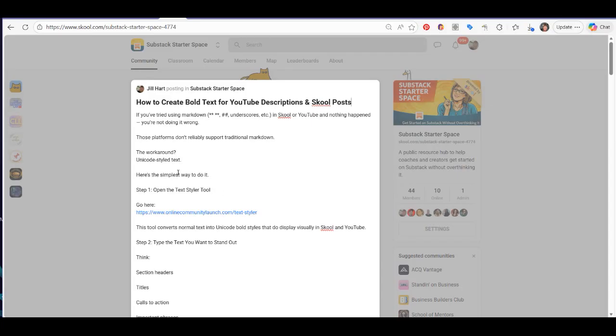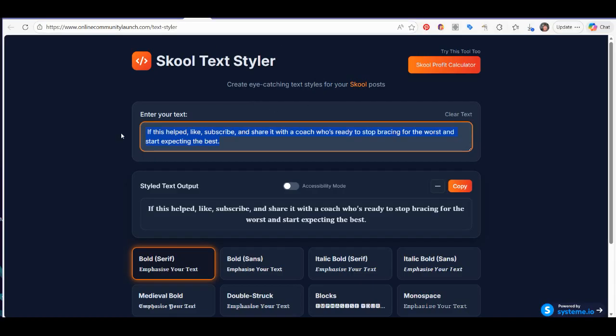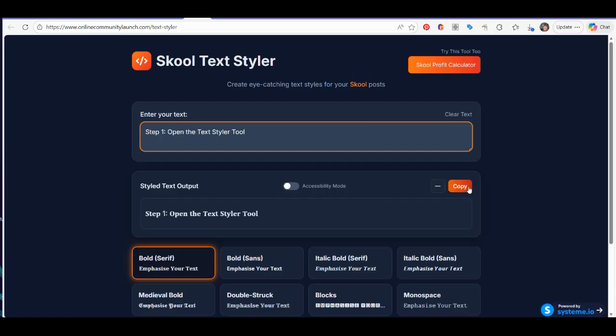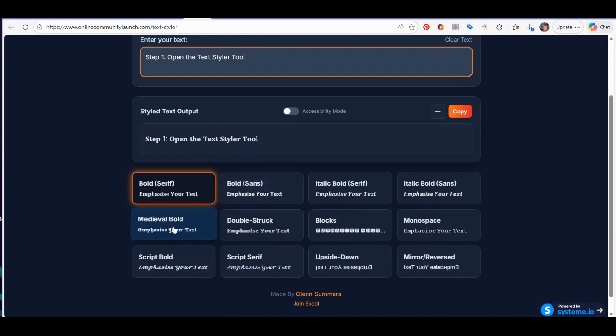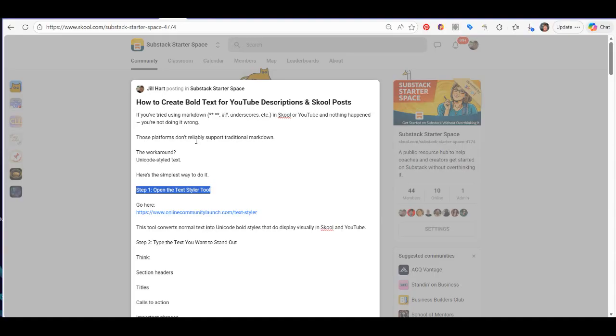So I want to figure out what I want to have highlighted, and I want this to be bold. So I'm going to come over here to this online communitylaunch.com/text-styler. I'm going to put this right in here, and I want it to be bold, but you can do all kinds of crazy things over here, but I want it to look like a normal post. And so I'm going to come over here, and I'm going to go Control V and copy that,